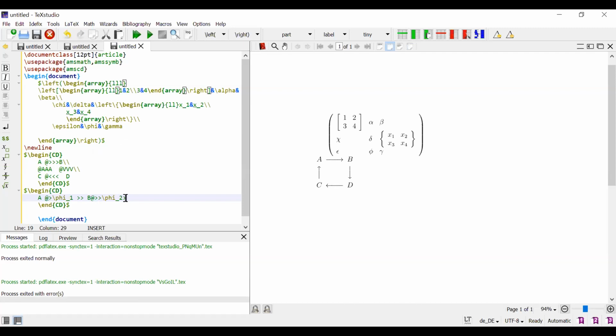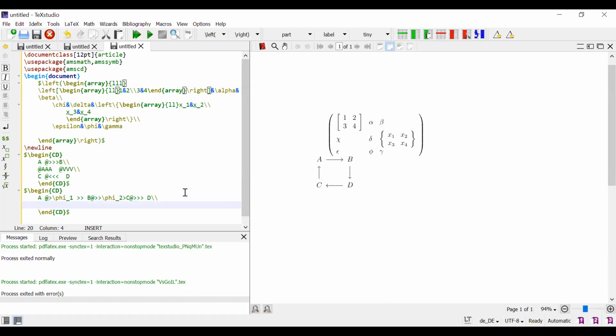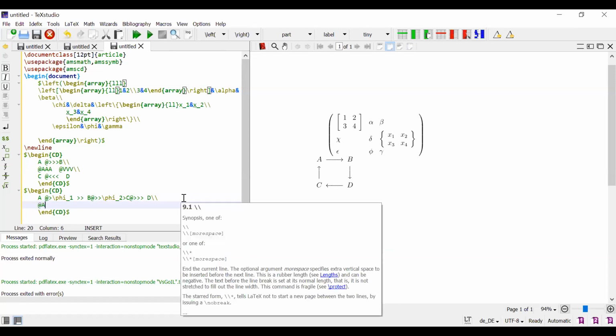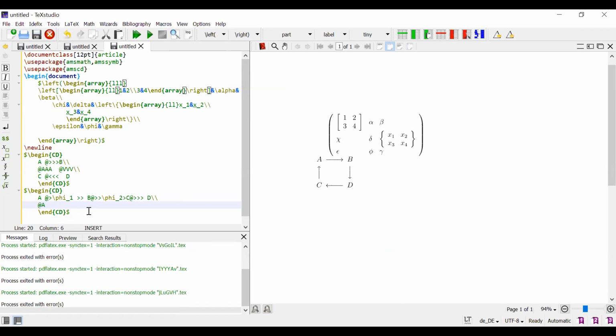Next, C at, there is no label. D. See this? A to B, B to C, C to D. A to B has some label, B to C has some label. Okay. So our first row is finished. Now come to the middle row. Okay. At A, this is the value between this one, E to A. So at A,